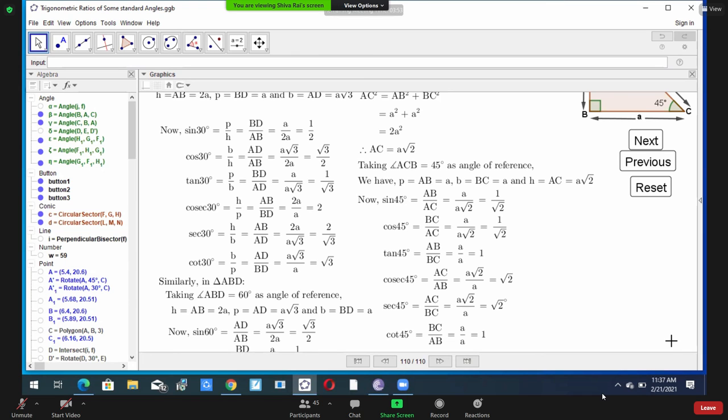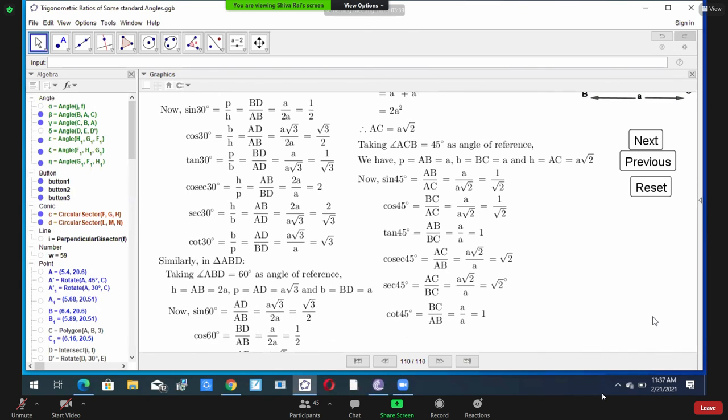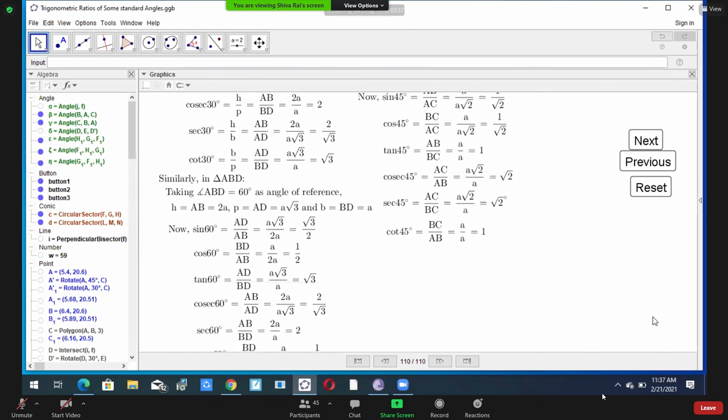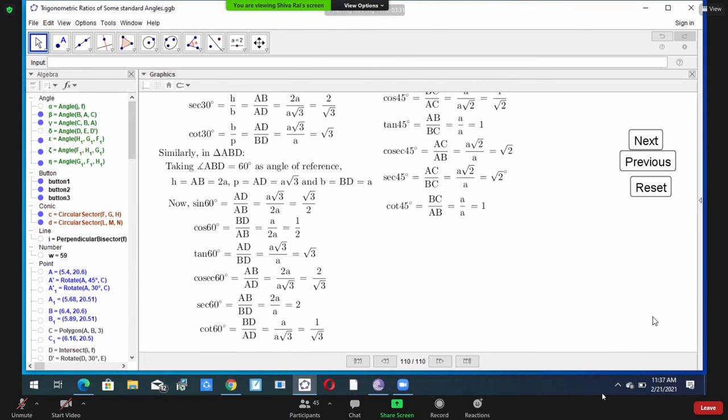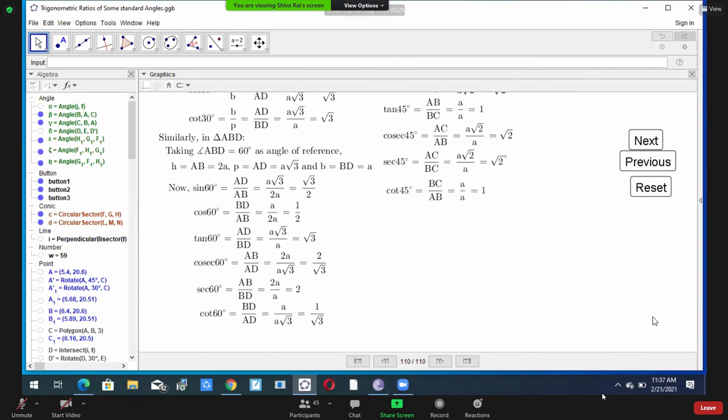12 trigonometric ratios we got today for 30 degree and for 45 degree. Not only that much, 60 degree also. Altogether 18 trigonometrical ratios we got. Everyone look here. Like this for 30 degree, 60 degree, and 45 degree. But you need to do more and more practice in this case. Don't take it easily. It takes time.